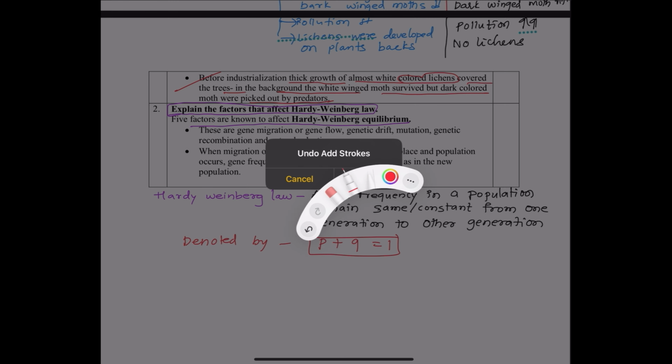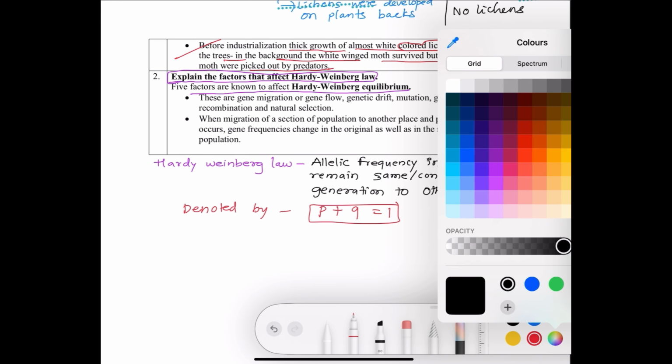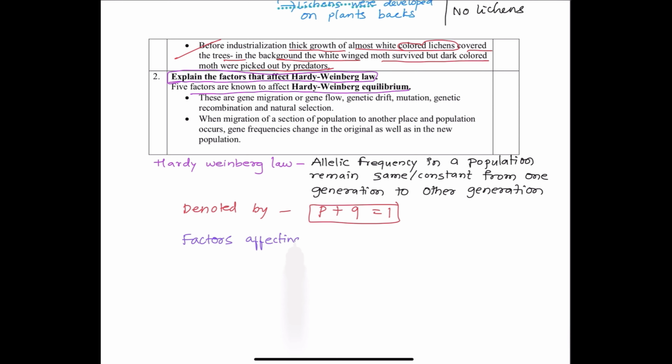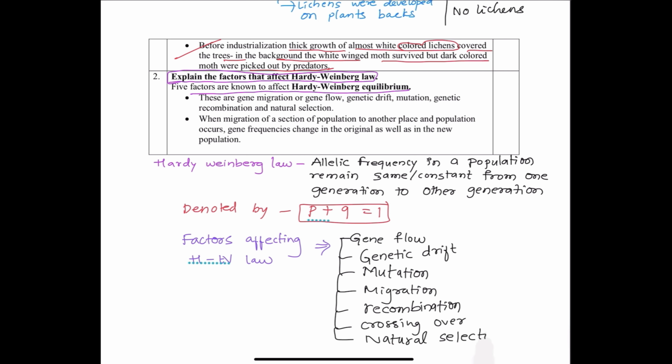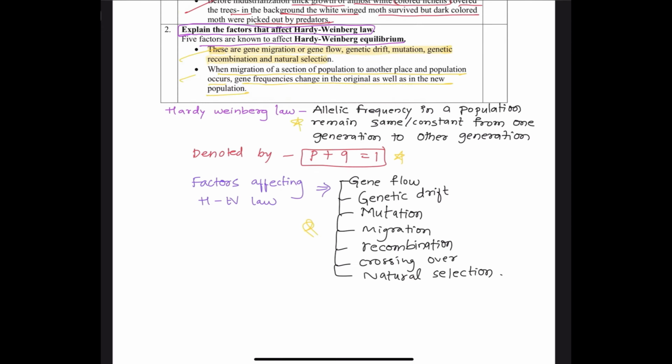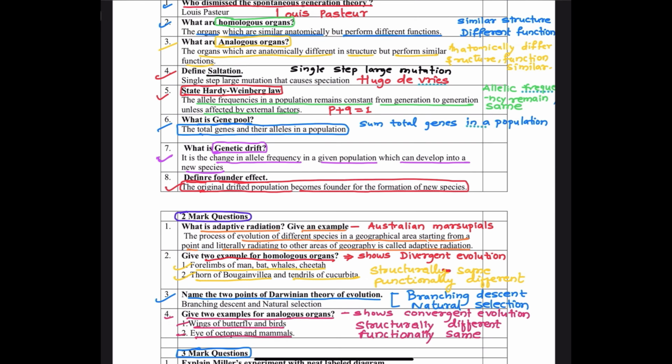It is denoted by the formula p + q = 1. p is homozygous dominant, q is homozygous recessive. Then pq is heterozygous. Factors affecting Hardy-Weinberg law: gene flow, genetic drift, mutation, migration, recombination, crossing over and natural selection. And these are very important. So this is regarding